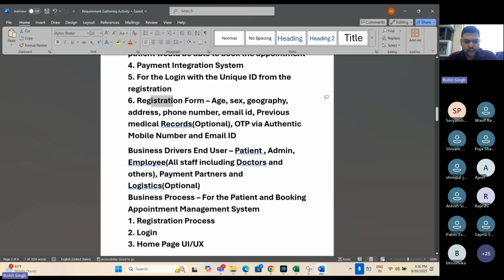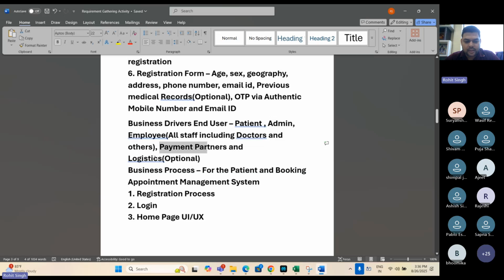And of course, the business drivers would be patient, admin, and employee. It includes everyone. Later the payments and logistics would be optional. Then it would become a business driver as well.